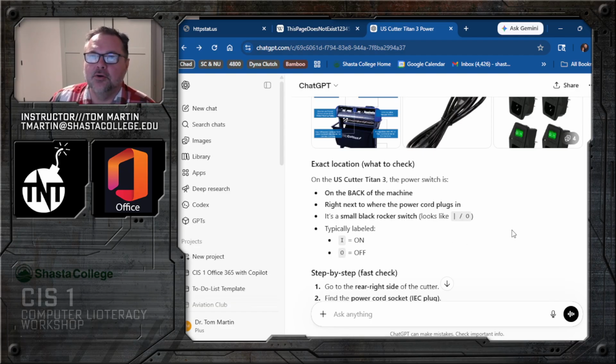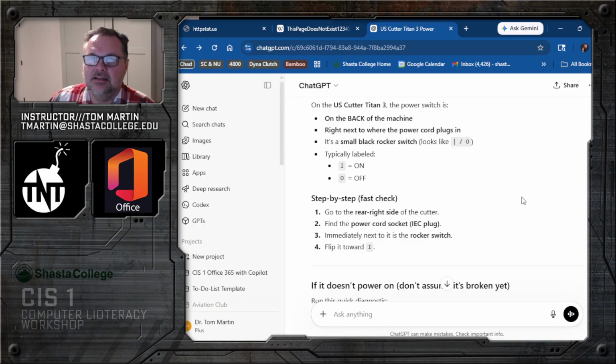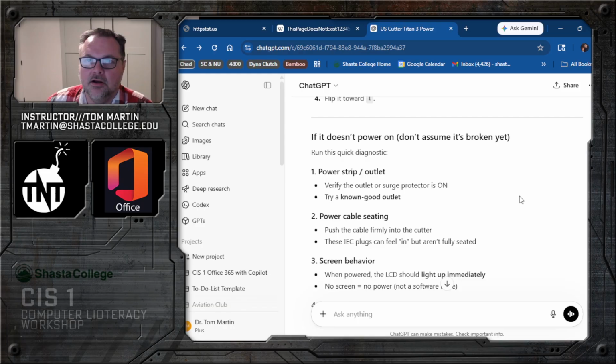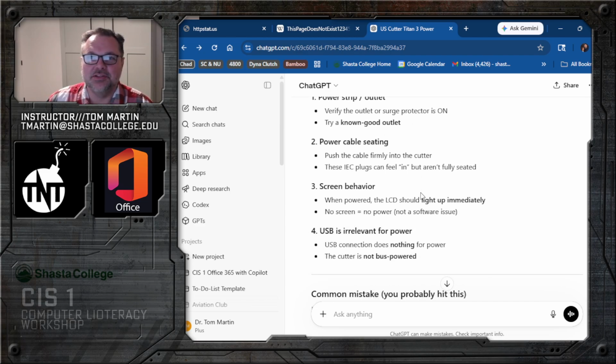Go to the rear side of the cutter. Find the power cord socket. Immediately next to it is the rocker switch. If it doesn't power on, don't assume it's broken. Right? Run the diagnostics, and then it runs me through this